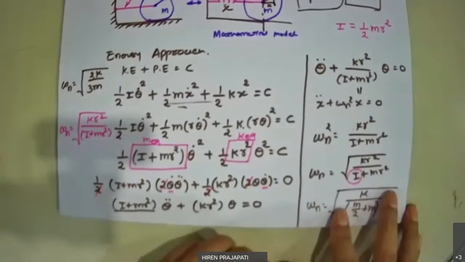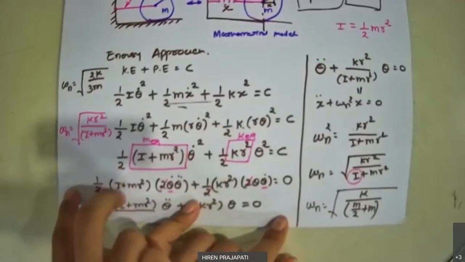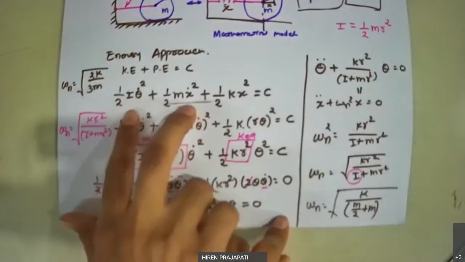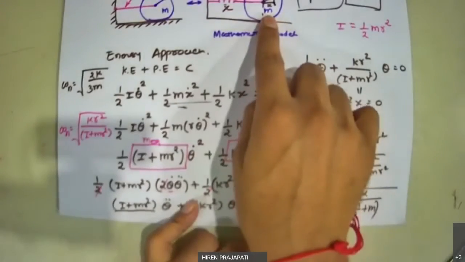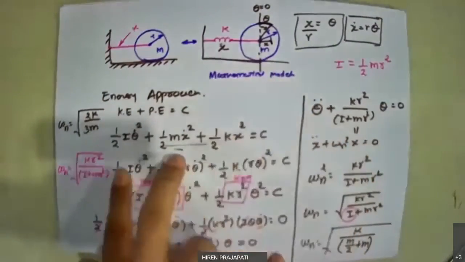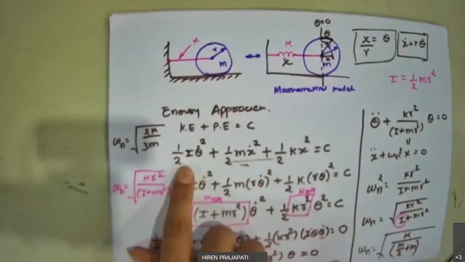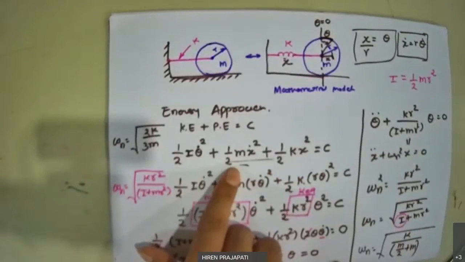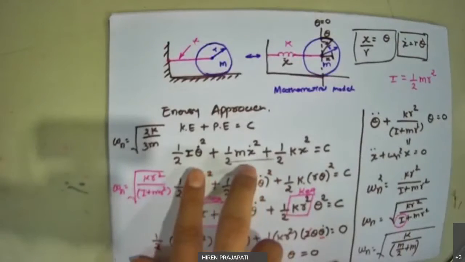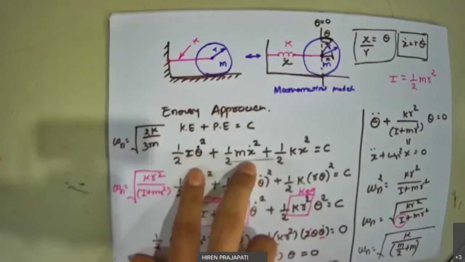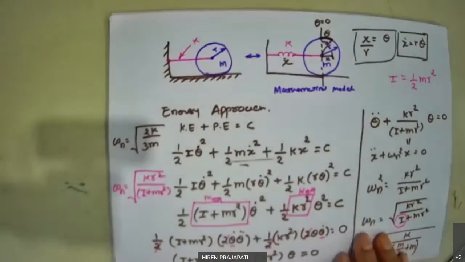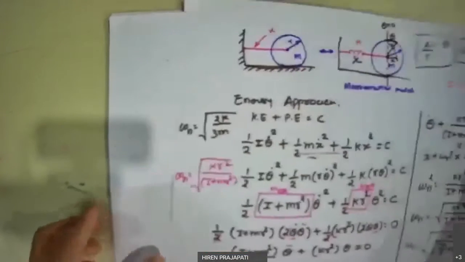Any doubts so far? We have considered here two kinetic energies. That is clear. We have only one mass here, but we have considered two kinetic energies. One is rotation and the second is linear kinetic energy. Why we did this, that is clear. Okay, I hope that is clear. And now we are moving further with some different system. Let me take another problem.